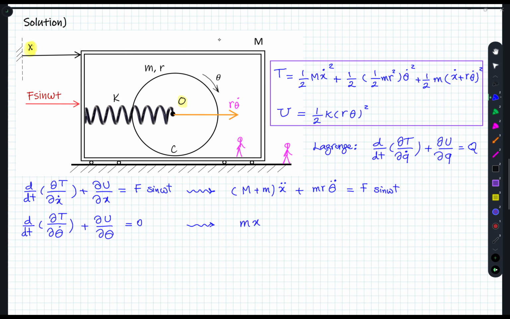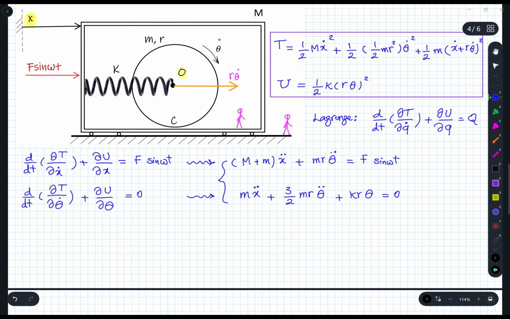I assume it's easy for you. So I'm just going to write the final result, m x double dot, and then we have that relation plus k r theta equal to 0. Right. Here is our system of differential equations. We know it's convenient to write it in matrix format. Then we can do the operation on the matrices instead. So in matrix format,